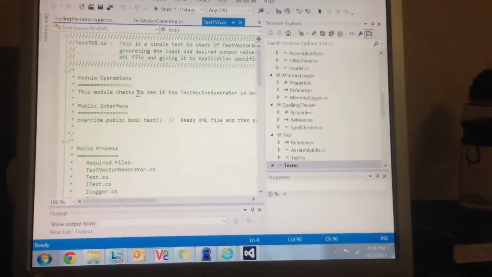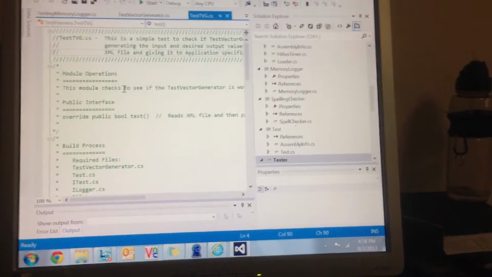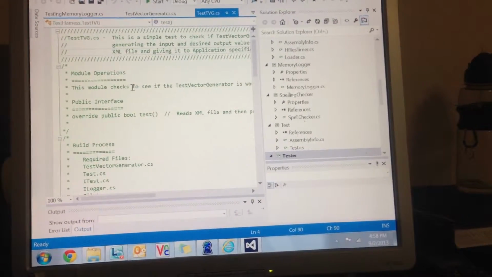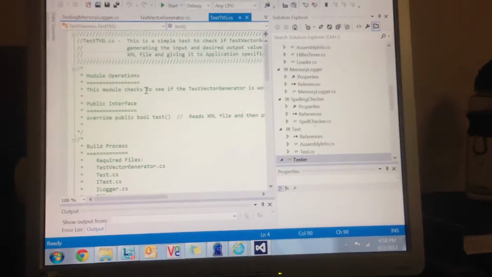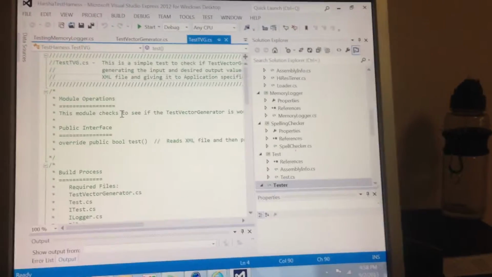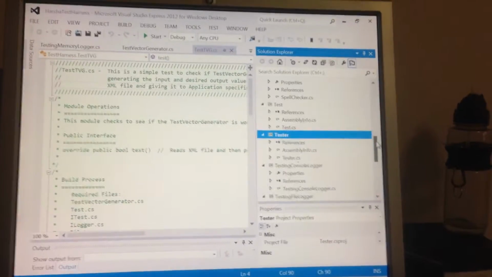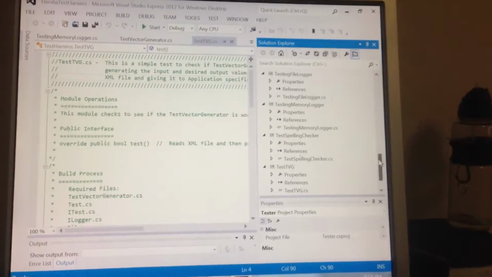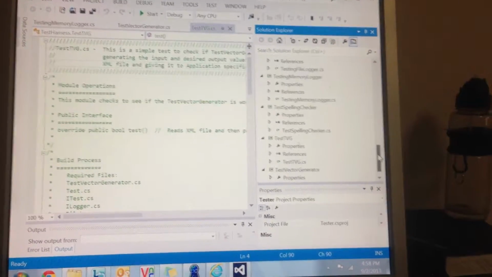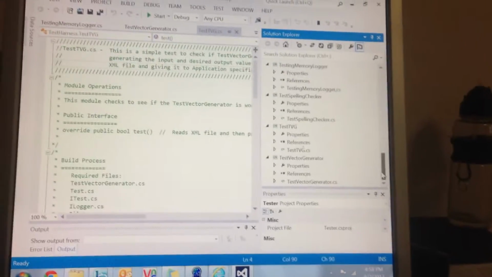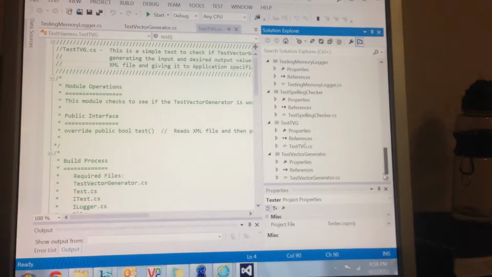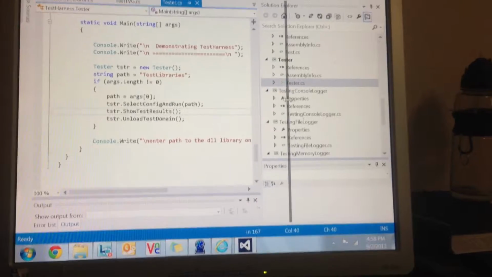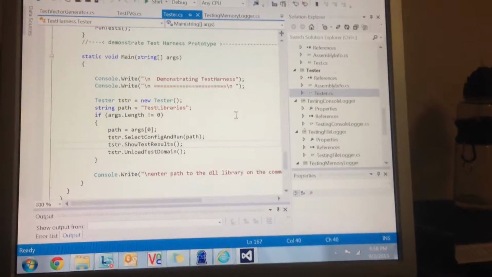Let's discuss briefly how an ideal test harness would work and what I thought to do initially. When the user opens the application, it pops up a graphical user interface in the form of a window application form. This is done by invoking the tester module that uses the service of the test module. Then the user goes to file, new, and creates a new project followed by loading of the code being tested. This is done by plugging in the application specific test driver. After that, DLL loaders load the required tests to be performed